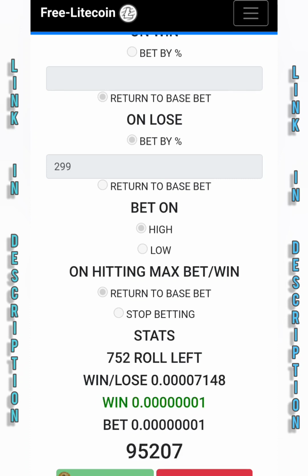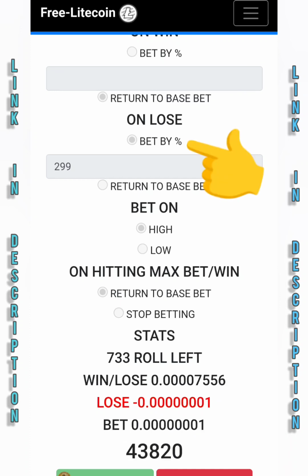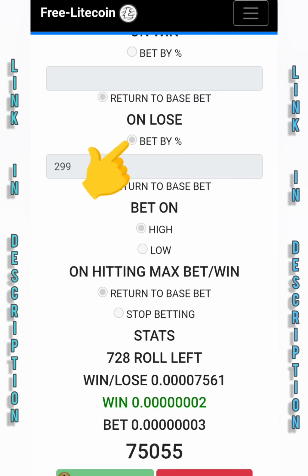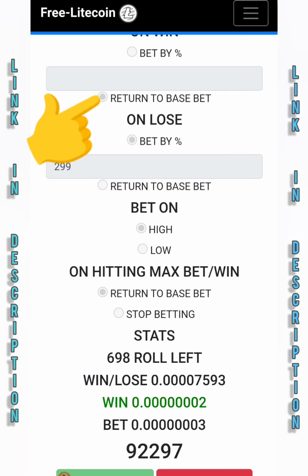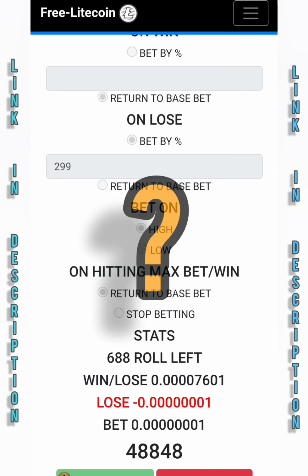Some people do get messed up on these little boxes right here. See where it says bet on lose? On lose it says bet buy and there's a black tick, and it says return to base bet here. Some people forget to tick that box. And then on win you want to be on return base bet here. Make sure these are ticked correctly, because a lot of people get those messed up and they end up sending me messages saying it doesn't seem to be making profit. It does make profit. Look,